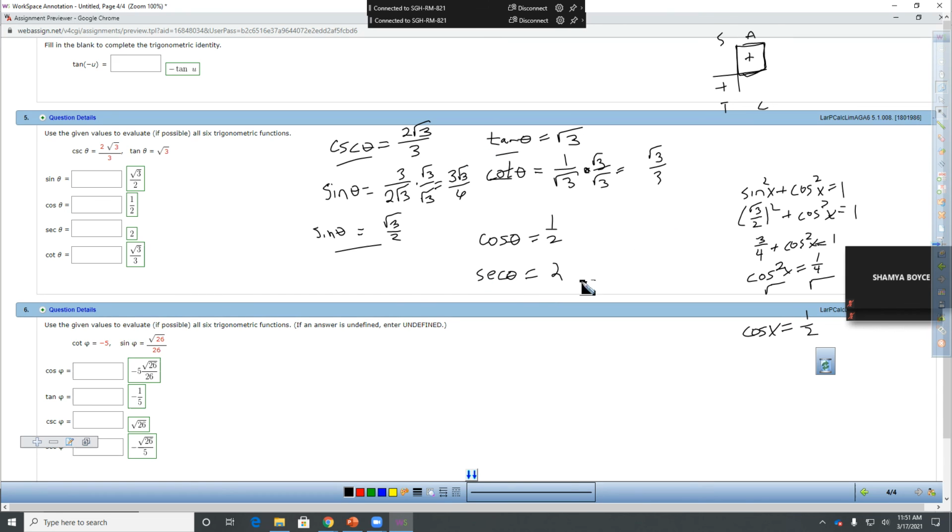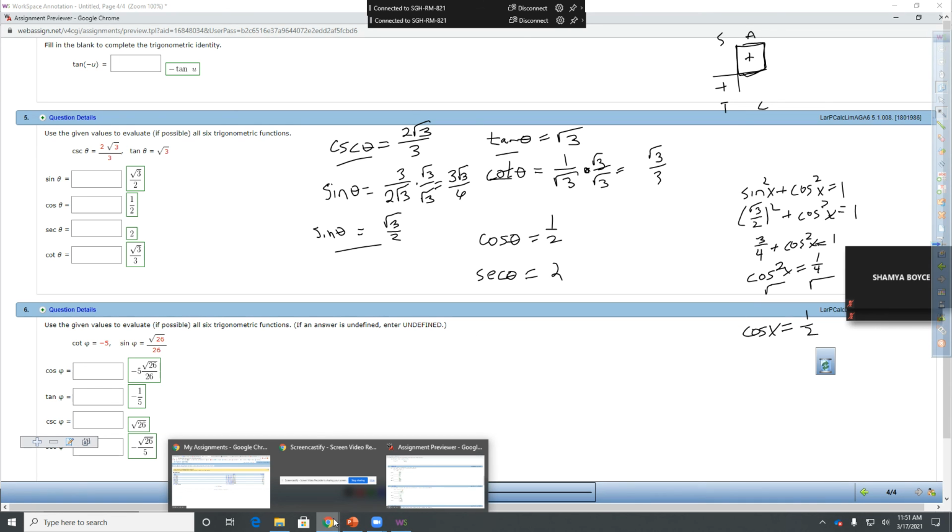So there we go. That's how we step through that. That's basically all that's happening. Find out which quadrant it's in by what's given. Then you know what's positive and negative, and then you use these little identities to iron things out. That's basically what's happening all the way through. So let me go ahead and